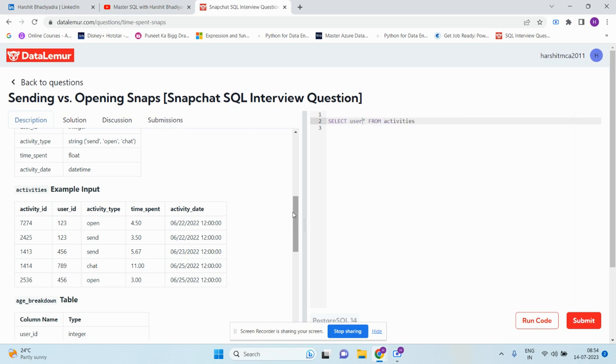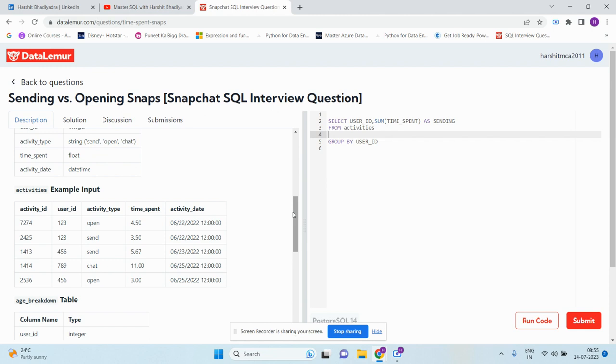User id, sum of time spent as sending time spent. Here we need to do group by user id and we need to use the filter condition to calculate only sending